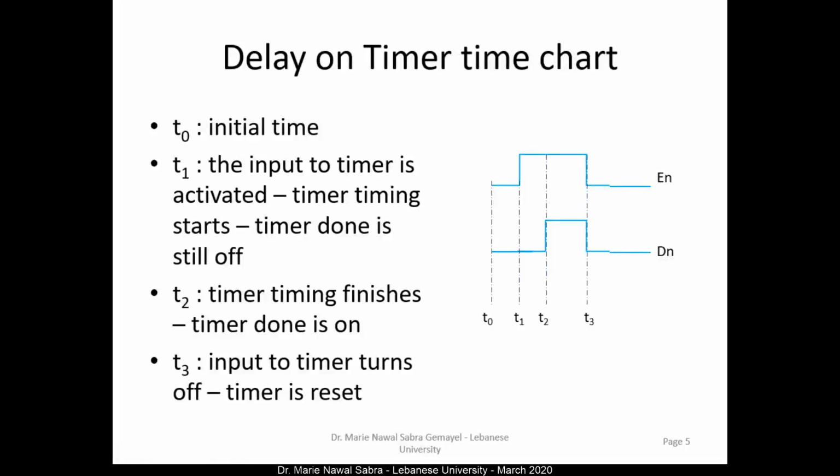And once the timer finishes counting, the output is going to turn on, and it will stay on until the enable goes back off. When the enable goes off, it resets the timer. Therefore, it resets the output. It resets also the accumulated value. It goes back to 0. If the enable goes back to 0 before the timer done goes on, the timer also resets, so the accumulated value goes to 0, and whenever the enable goes back on, the timer should start counting all over again